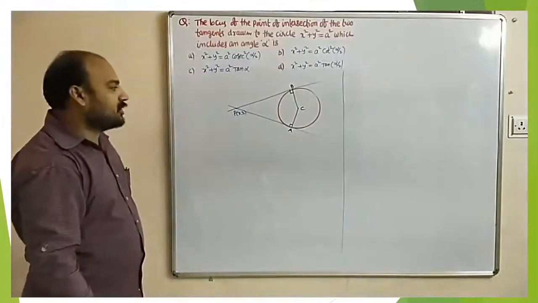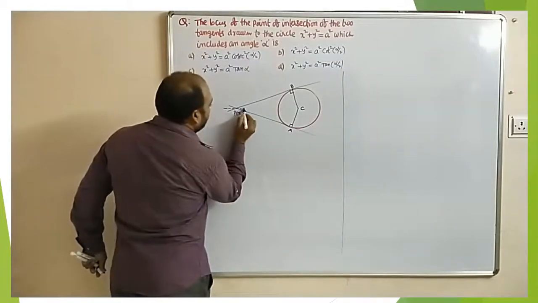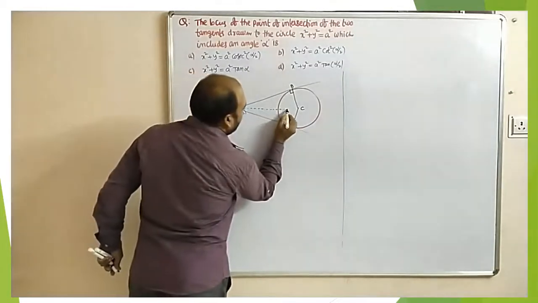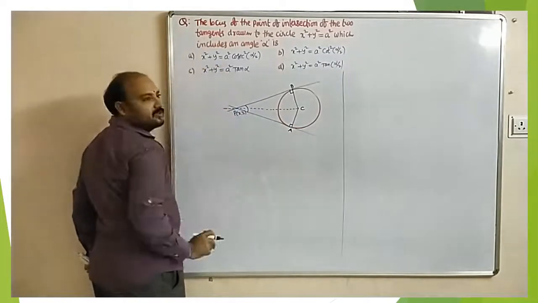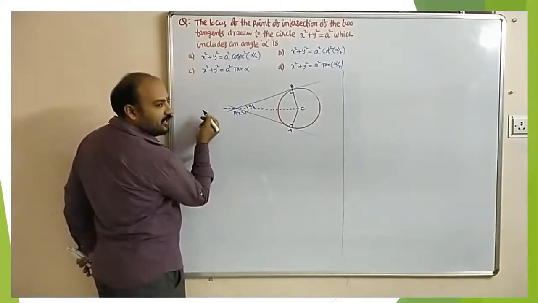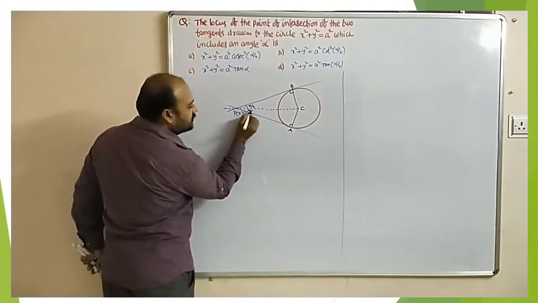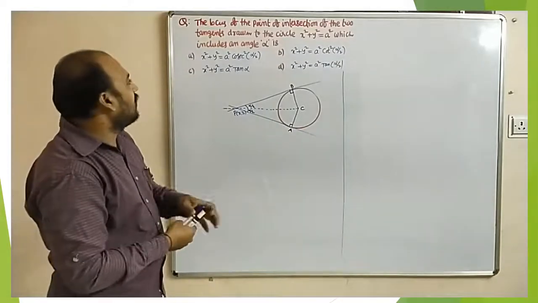So CA and CB are radii, and one line you have to draw passing through P, which bisects. That means the line CP, PC, is bisecting. So here the angle between the tangents is alpha, and since the PC line is bisecting, each part is alpha by 2, alpha by 2. So now